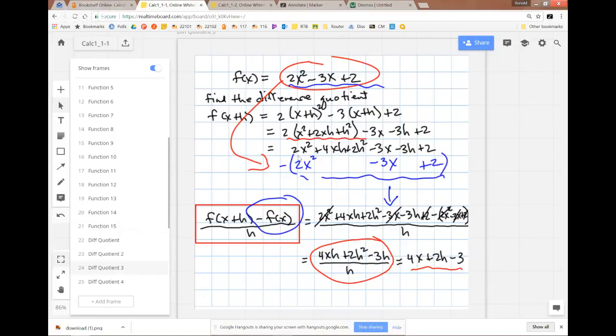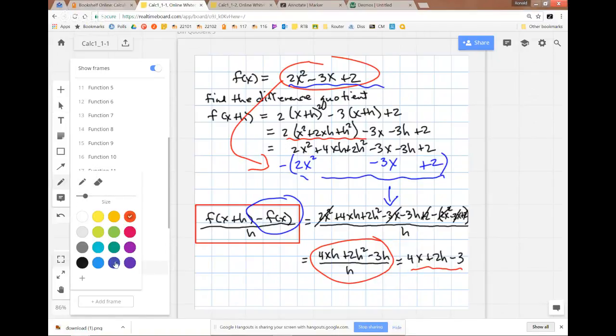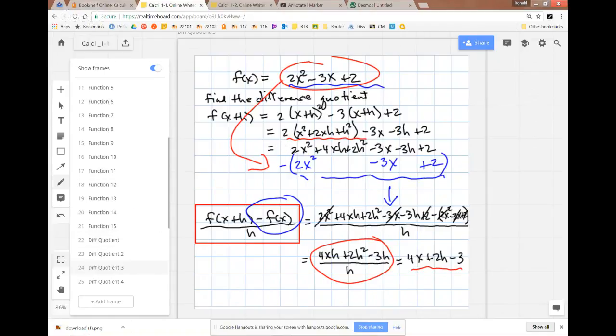Finally, you get this line right here. Let me change to green. So you get this line right here: 2x squared plus 4xh plus 2h squared minus 3x minus 3h plus 2. And then a nice, easy way to subtract the original function, f of x, is to literally put it down below the like terms. So negative 2x squared right below. Anyway, so what's left? We get this 4xh plus 2h squared